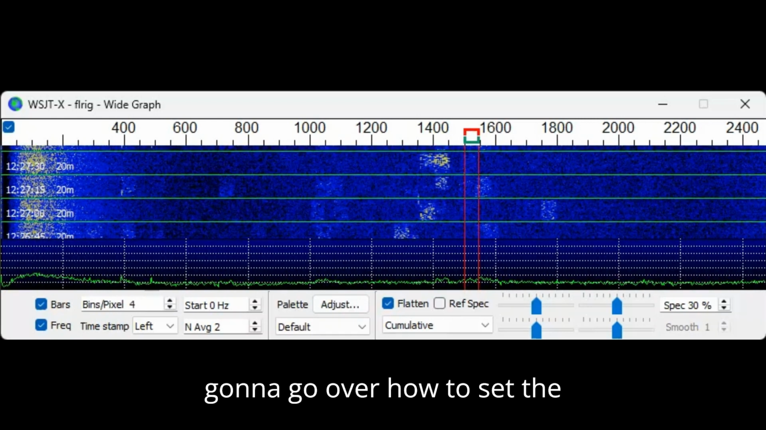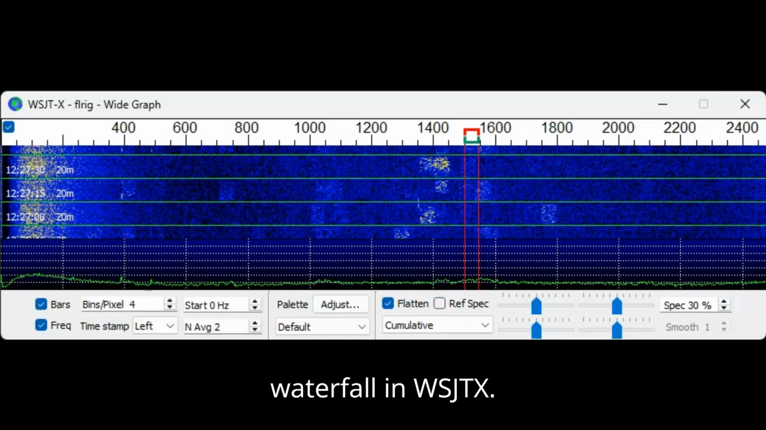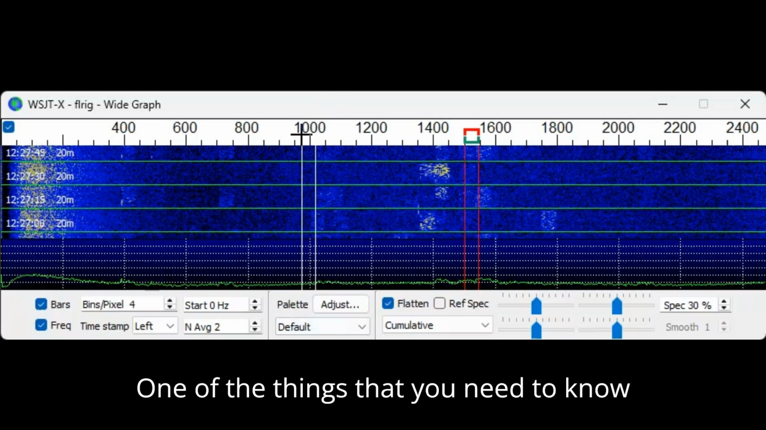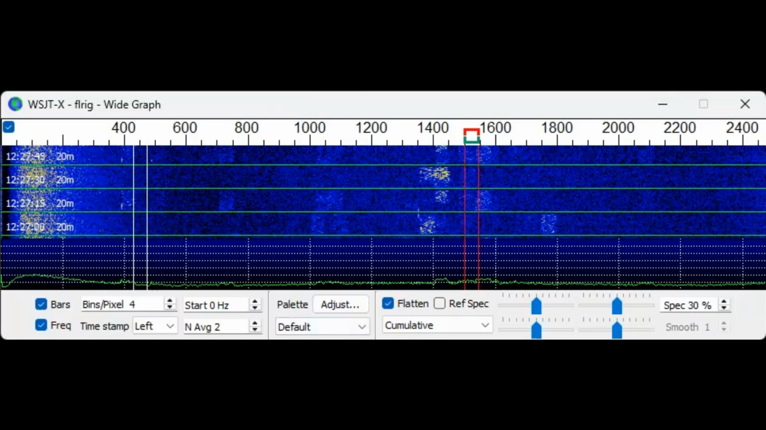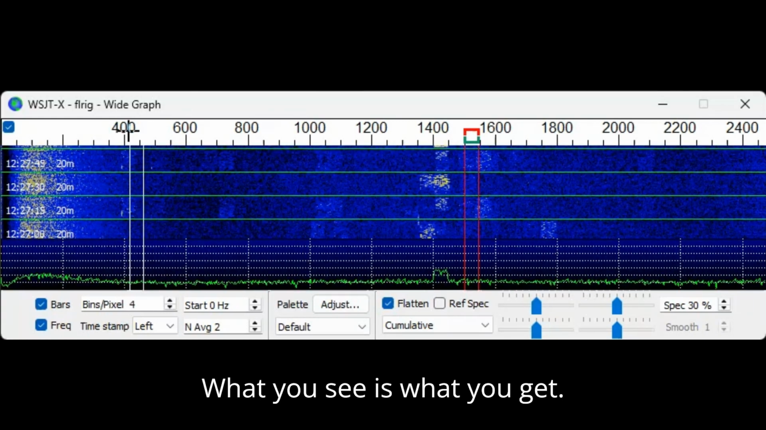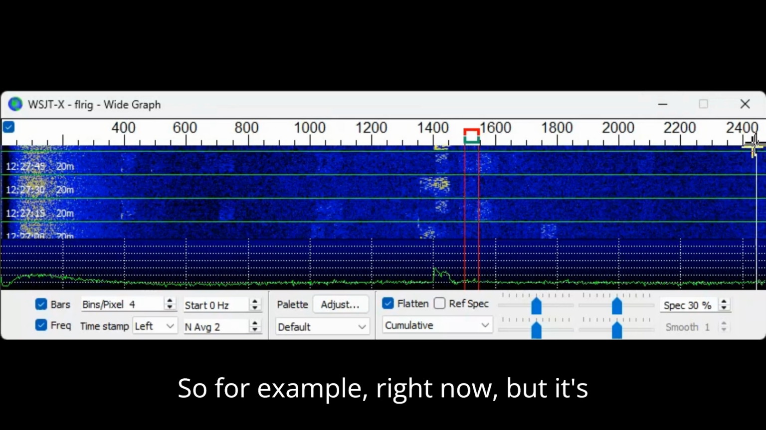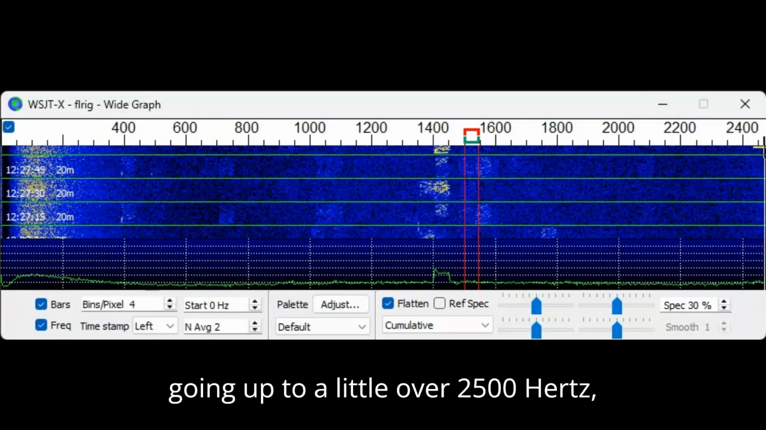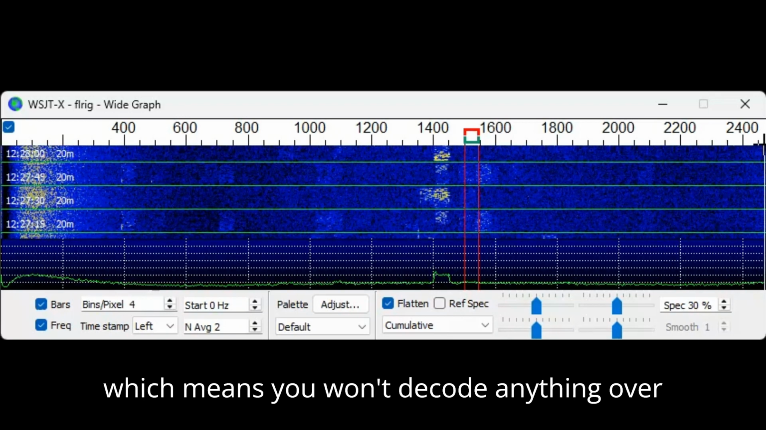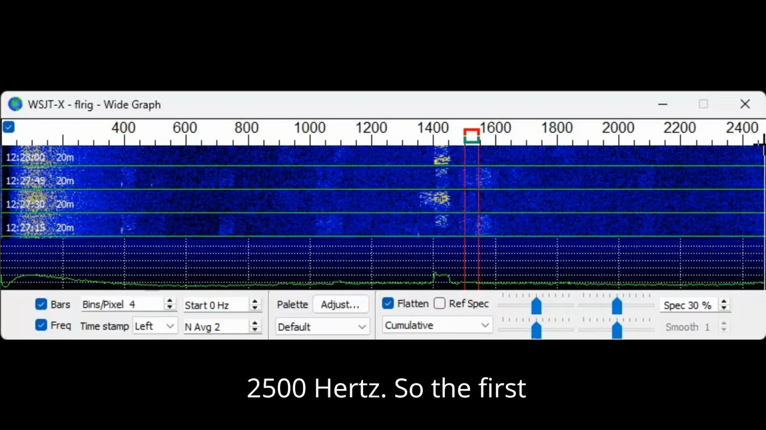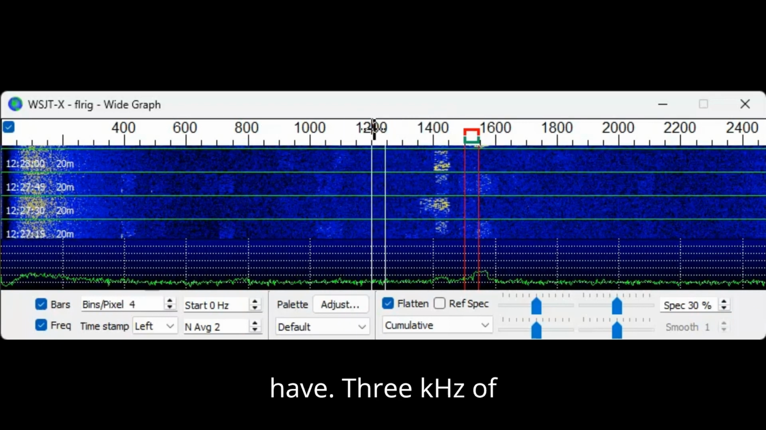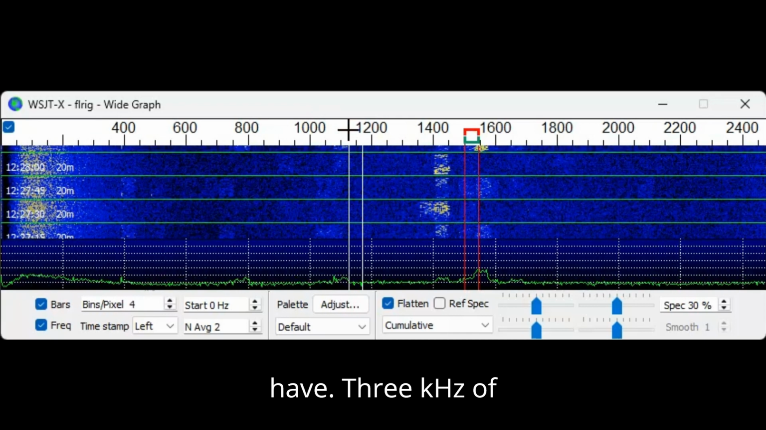We're going to go over how to set the waterfall in WSJT-X. One of the things that you need to know is this is what we would call a WYSIWYG: what you see is what you get. So for example, right now, it's going up to a little over 2500 hertz, which means you won't decode anything over 2500 hertz. So the first thing that we want to do is make sure we have 3 kilohertz of